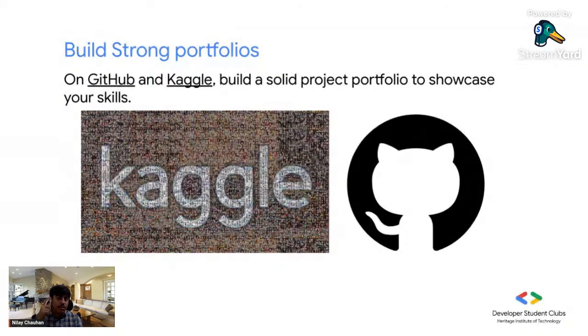So yeah, GitHub and Kaggle should be on top of your list when it comes to showcasing, and also write a blog, share it on LinkedIn, Twitter, X, and everything. Highly recommended. I personally think that you know a certain thing, but if I am a hiring manager, I should be able to see it from your public work. If I'm going to your LinkedIn account, I should see what things you have done and what you know, instead of you telling me. So yeah, build strong portfolios, and do share them. Also tag me, I'll be happy to repost it sometimes. Yeah. Next slide.